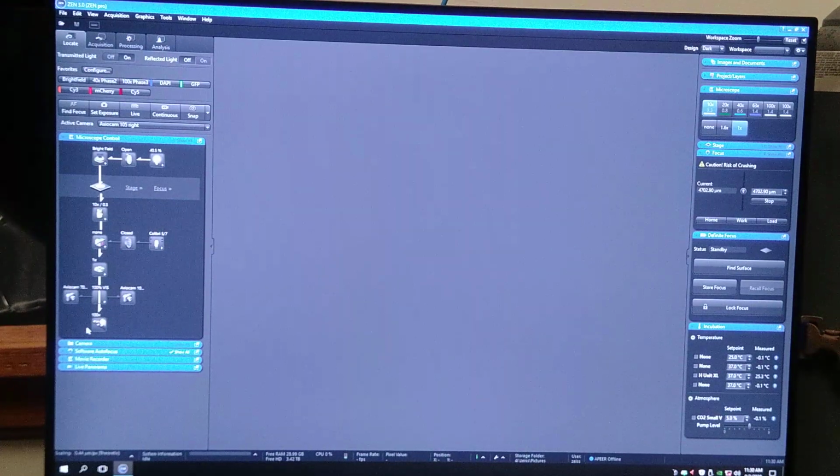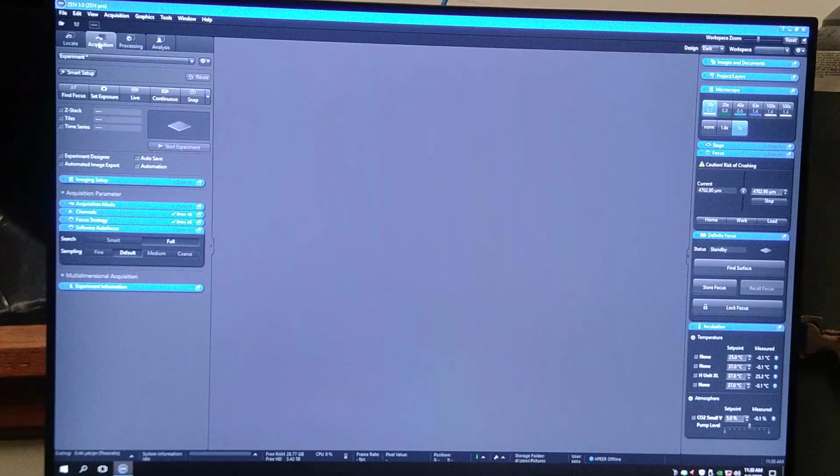So once I've done that, then I can go into acquisition mode, and now I will use acquisition to actually do image acquisition